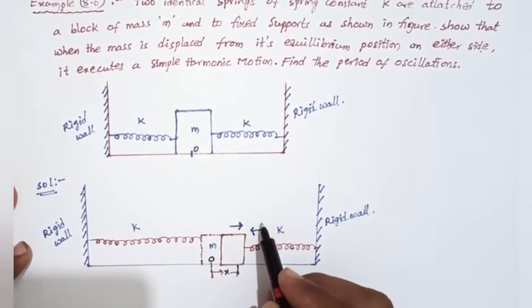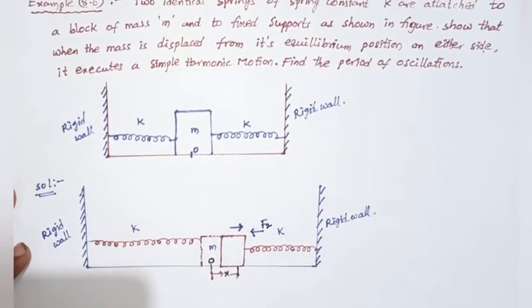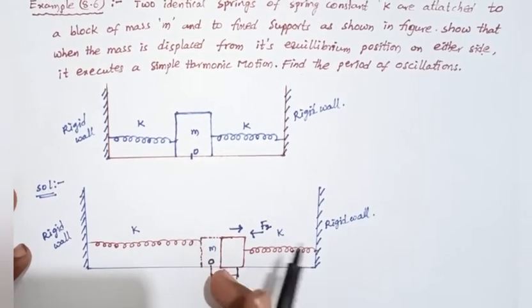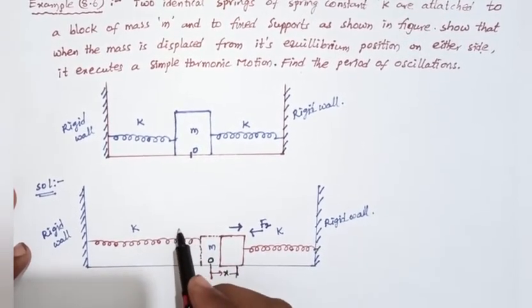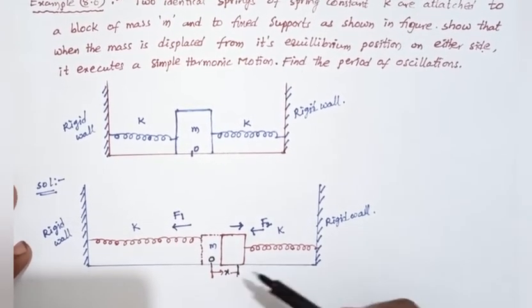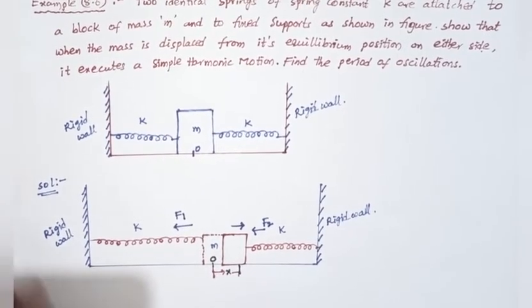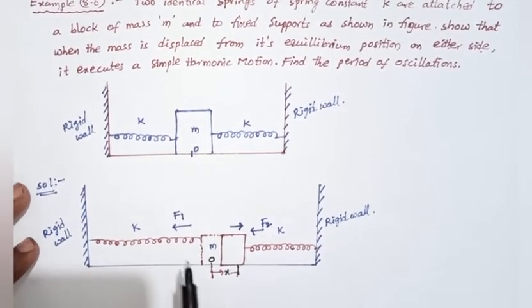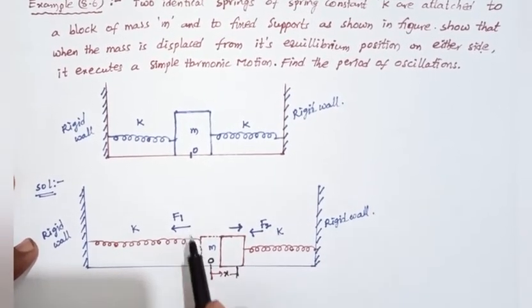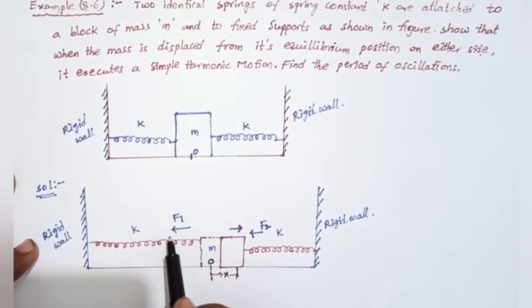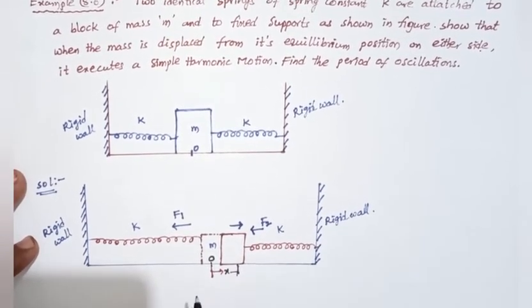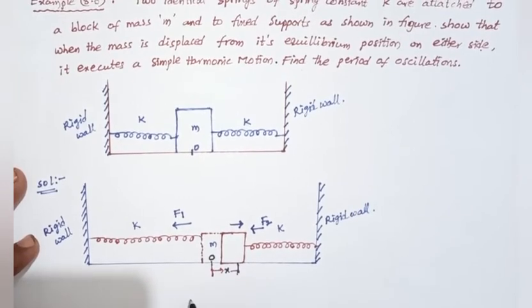This type of force on the second spring, F2, brings it to its mean position. Again, this elongation becomes compression. Such a force F1 also pushes, so the body comes to the mean position. So the force from the first spring and the second spring is applied in the same direction. So here, the force on the first body